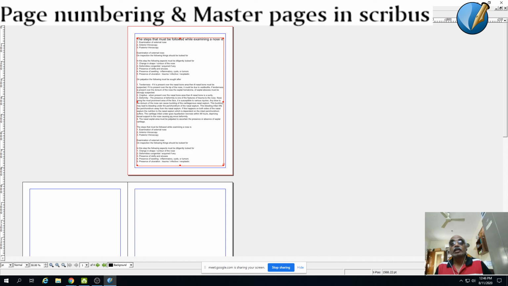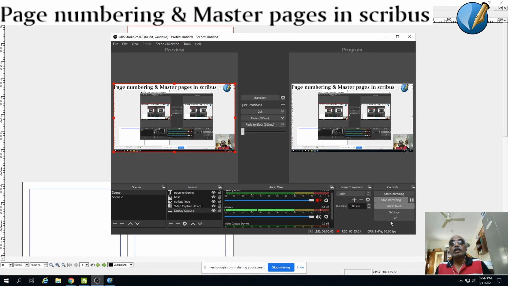So ideally speaking, you can ask them to do all the manuscript generation using Google Docs and either download it to their desktop or send a link to you. You can download the Google Doc and import the text into Scribus and do all the editing. You can apply the master page, you can do all these things and send it across for publication. So right now we have completed the